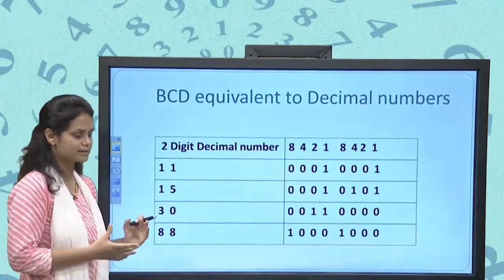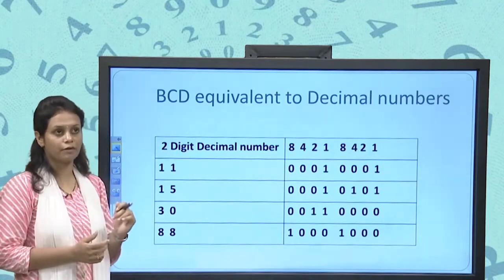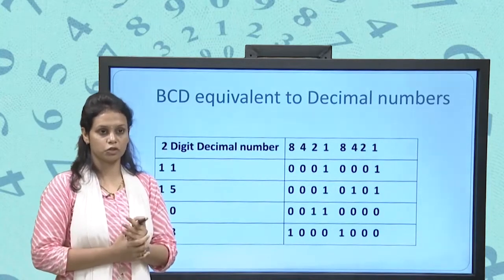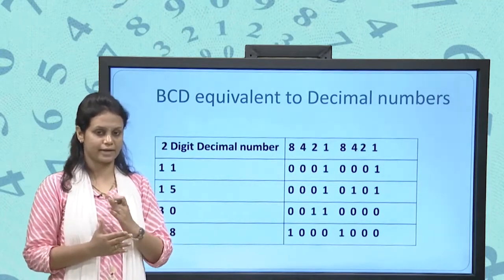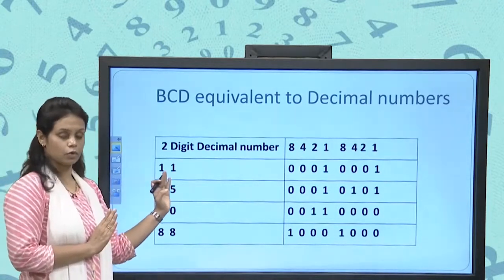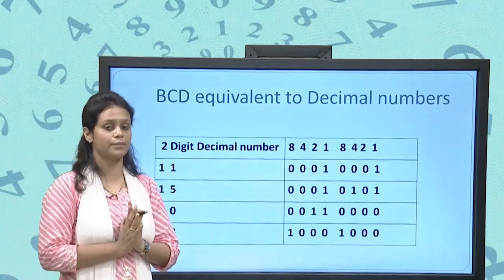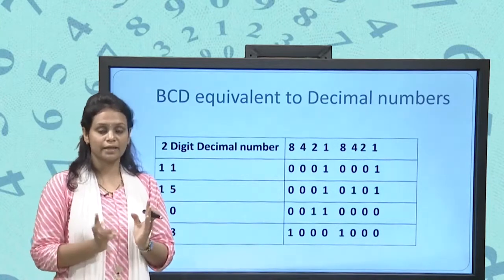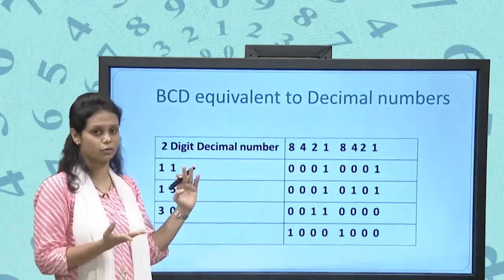Now I am simply asking how we will convert 11 to a binary number. What will we do? In the binary system, the positions of the bits are 1, 2, 4, 8, from right to left. Now we have to convert this 11 to binary. First we have to turn on our 8 place, that means we keep 1 on the place of 8, fine. How much is remaining? 3 is remaining. We have to convert 11 into binary, okay.